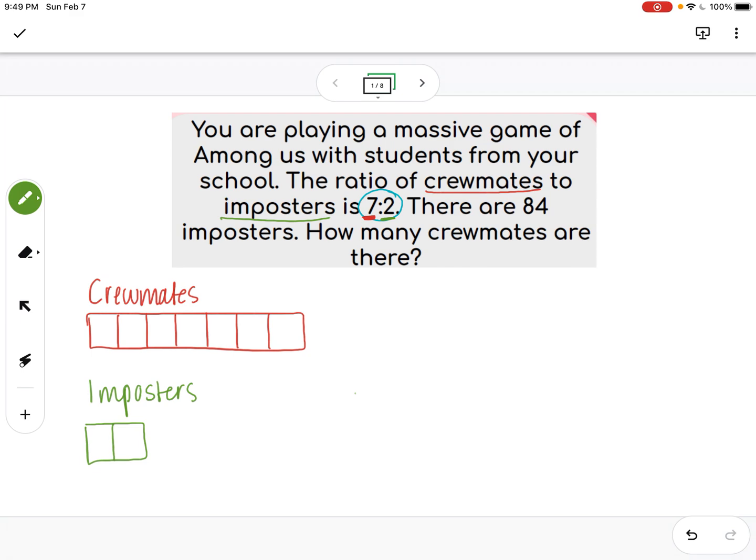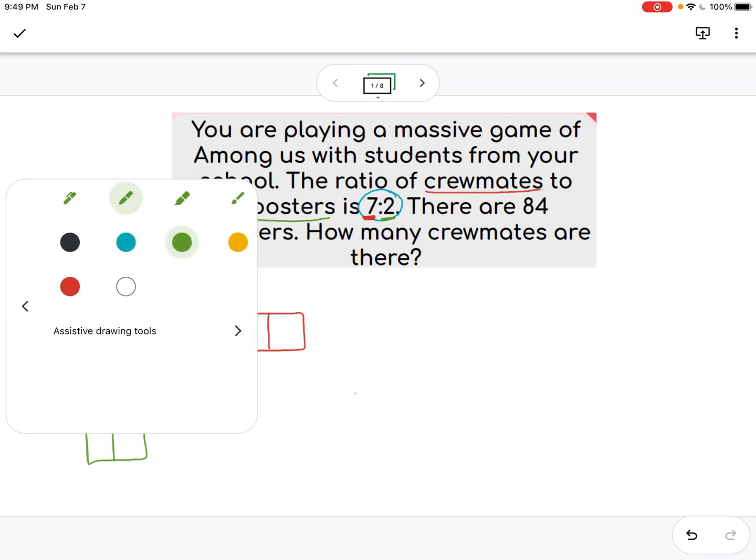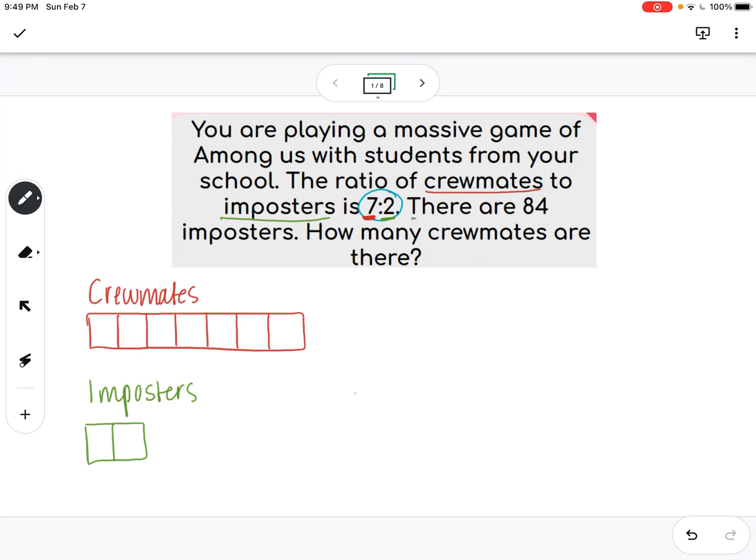All right, let's identify more key pieces of information. So it says there are 84 imposters. Now, when we get to a part like this, we always want to ask ourselves, is it telling us about a part of the ratio or is it telling us about the whole of the ratio? Because from there, that will help set us up for what we're going to do next in the problem. So in this case, it says there are 84 imposters. I can clearly see that imposters is only referencing a part of this ratio because it only references the imposters